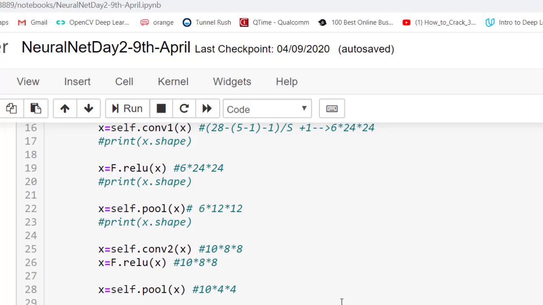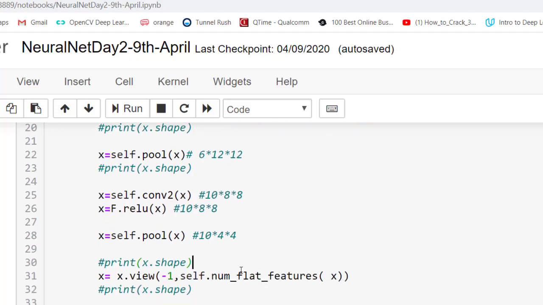When it comes here, the X will look like 4 by 10 by 4 by 4. Except for the batch size, I want to convert the rest, 10 by 4 by 4, to 160 numbers. So I need to flatten it here except the batch size. This function does that. So I got this here, and the shape of this will be 160.